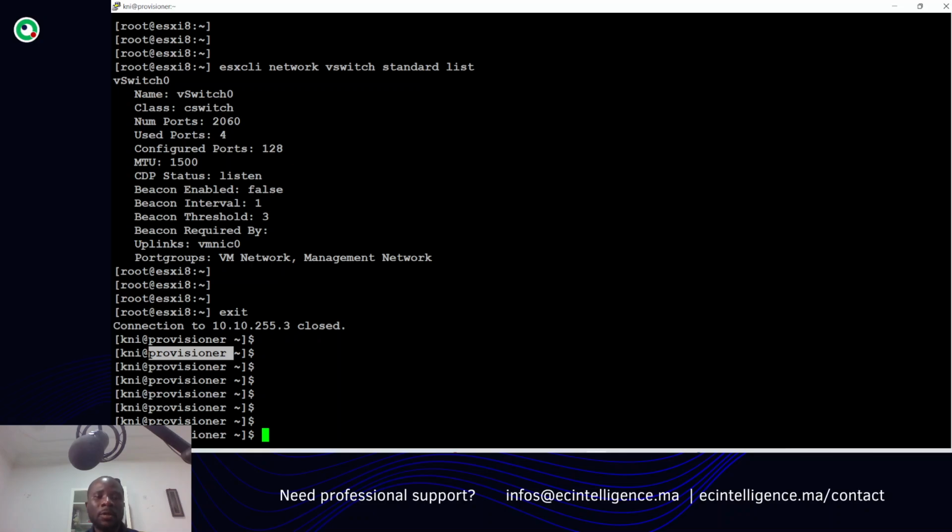So you just copy the VMware drives from your VMware hypervisor to this local server. And once all data has been copied, we will convert that data from the VMDK